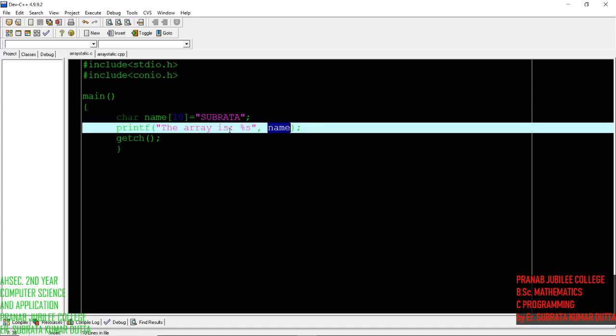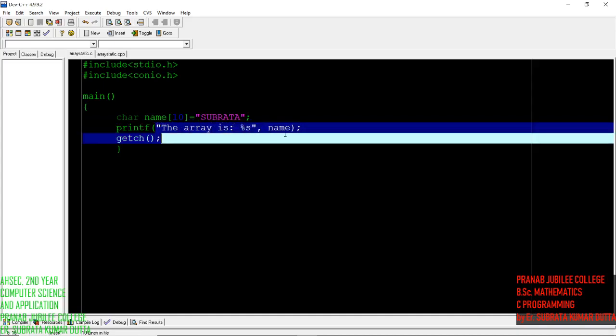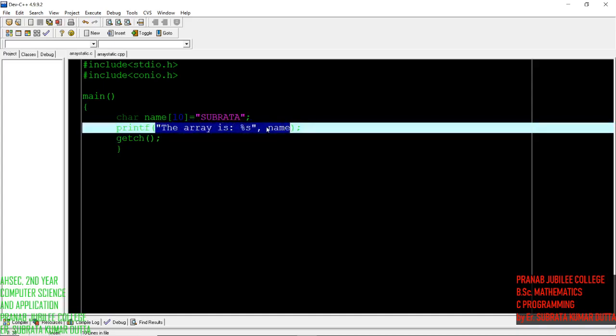When we print, as we have been doing till now, we write the line, then the data type saying which type of element it has, and then the variable name. Here the variable name is name.